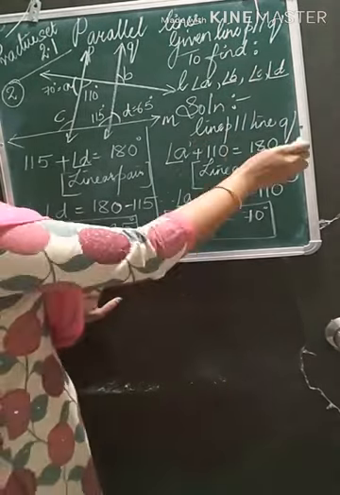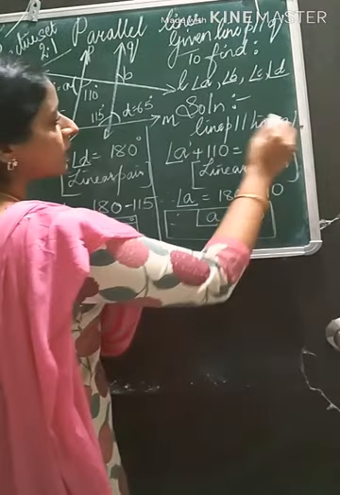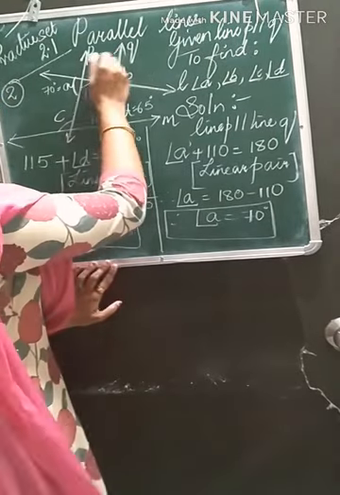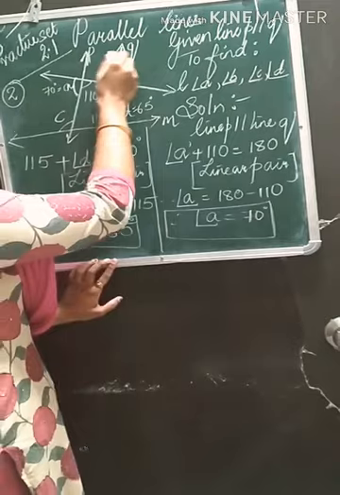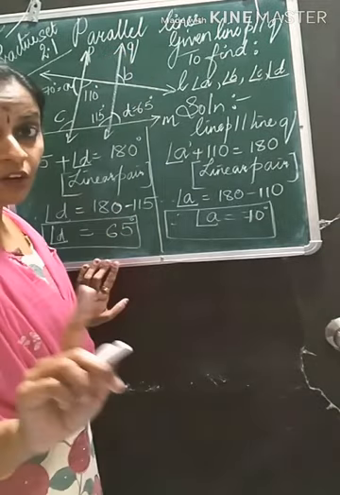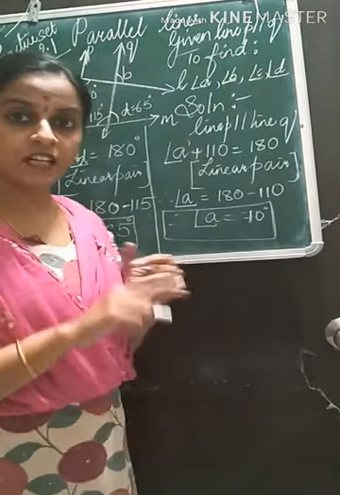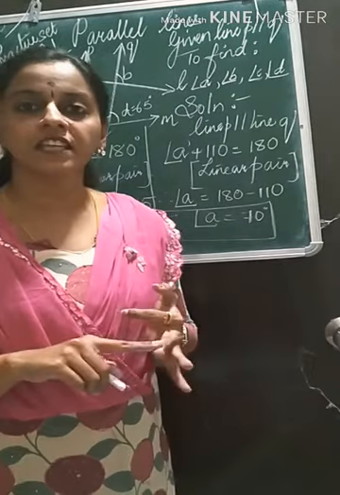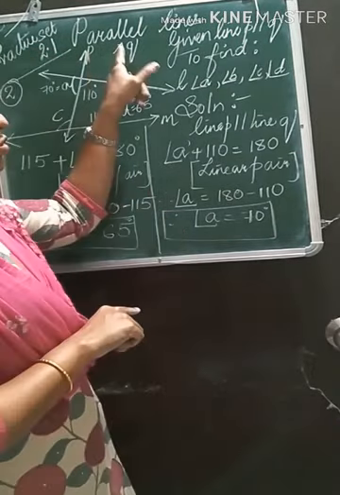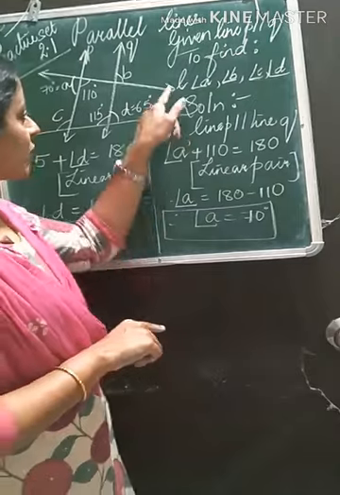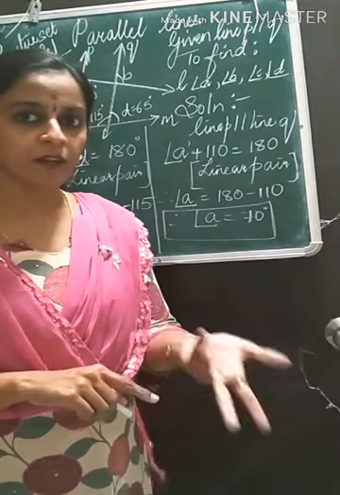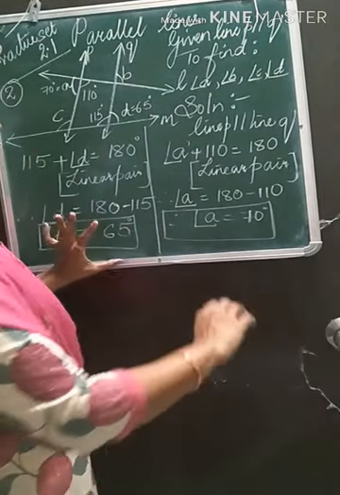Solution. First write down line P parallel to line Q. Now look at line P and Q here. These two are parallel whereas these two are not parallel. So we have to take the corresponding angles, alternate angles, interior angles for these two parallel lines. If you take it for non-parallel lines, they may not be congruent. So that care we have to take.